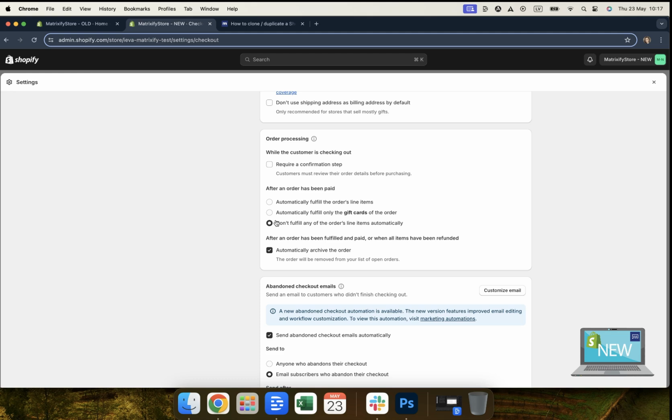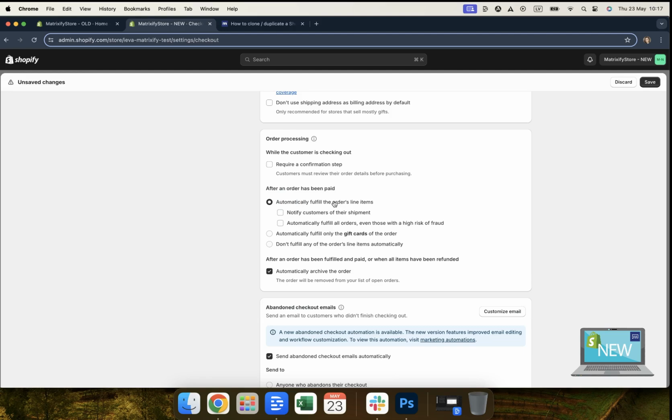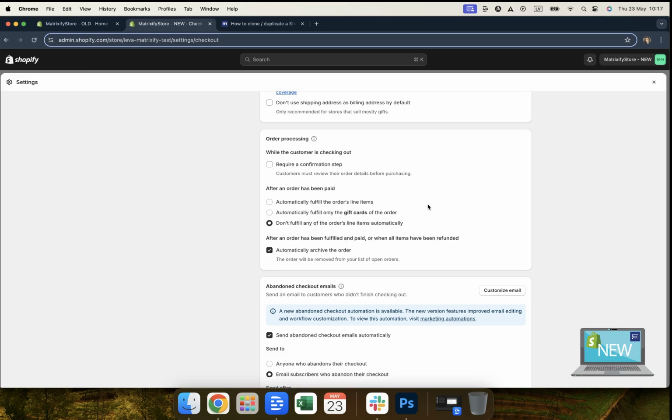automatically. The reason for this is that when Matrixify imports an order, it will import the order in sections. It will import the base of the order, then it will go ahead and try to import anything attached to the order, such as fulfillments, transactions, refunds, and so on. If the base order is imported, which would be an unfulfilled, unpaid order, and, for example, automatically fulfill the order's line items